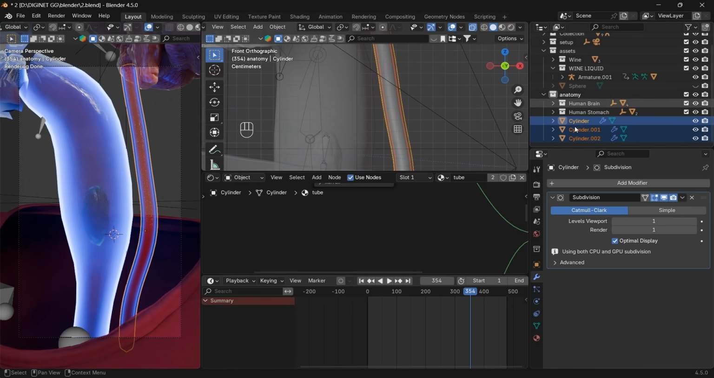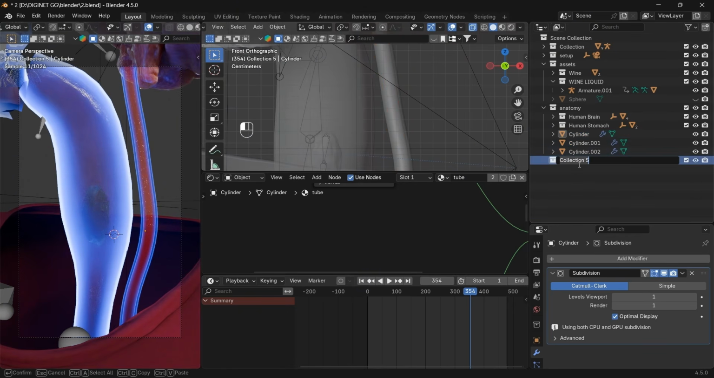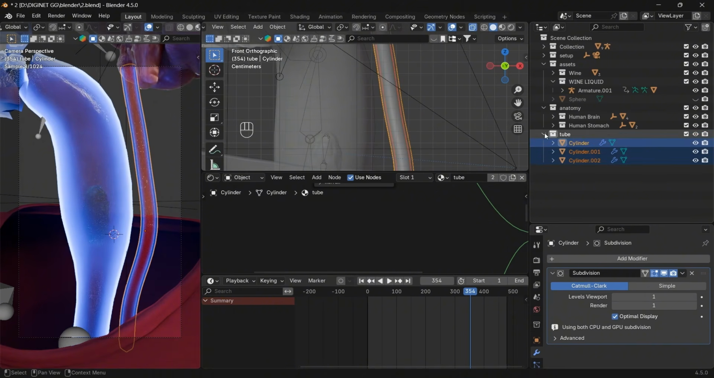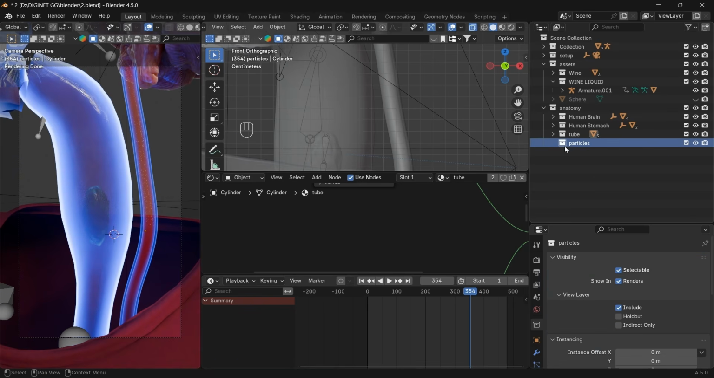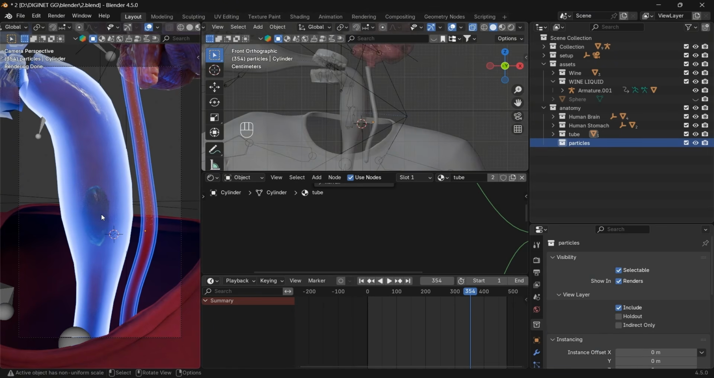And now what we have to do, I'm going to create a new collection, name it tube. And I'm going to put all three cylinders in this tube section and this one in the anatomy section. Now I'm going to create one more collection, name it particles. And also going to put this particle in the anatomy section over here. So select this particle collection and place your cursor over here